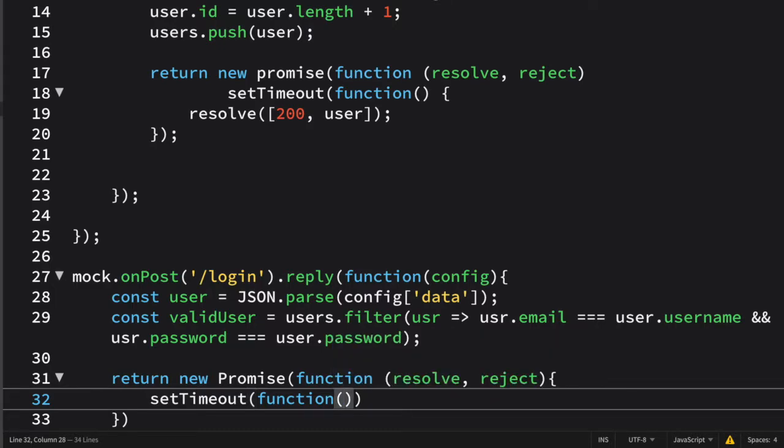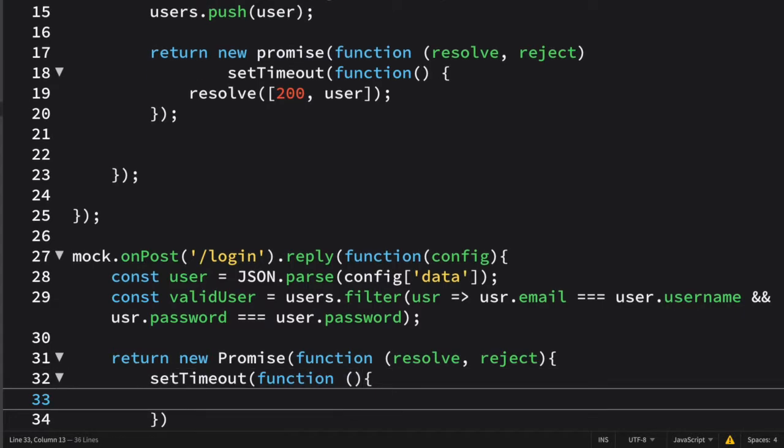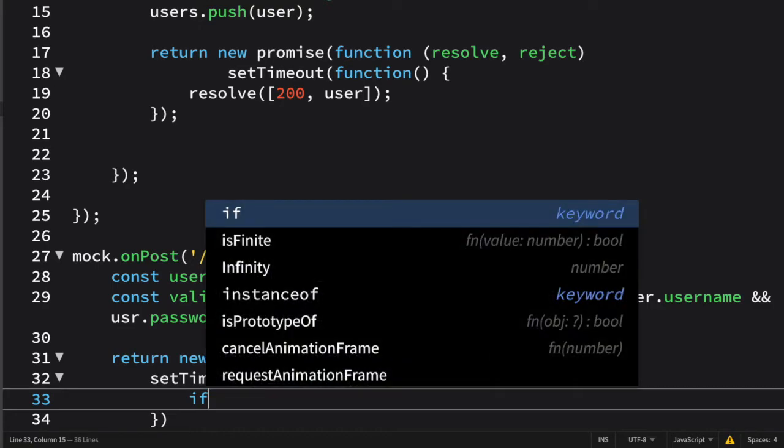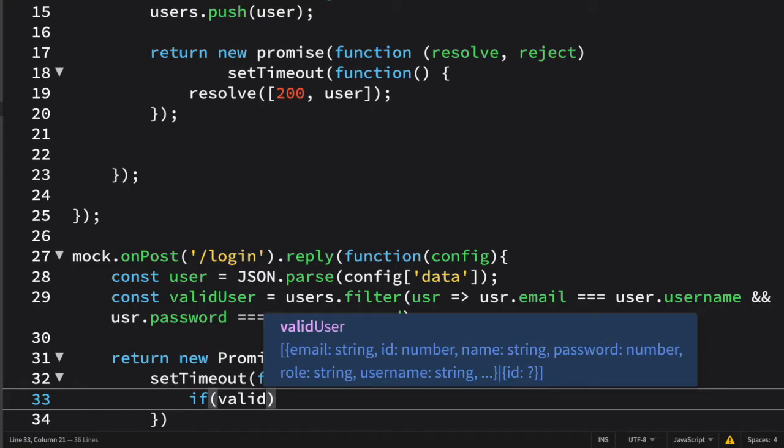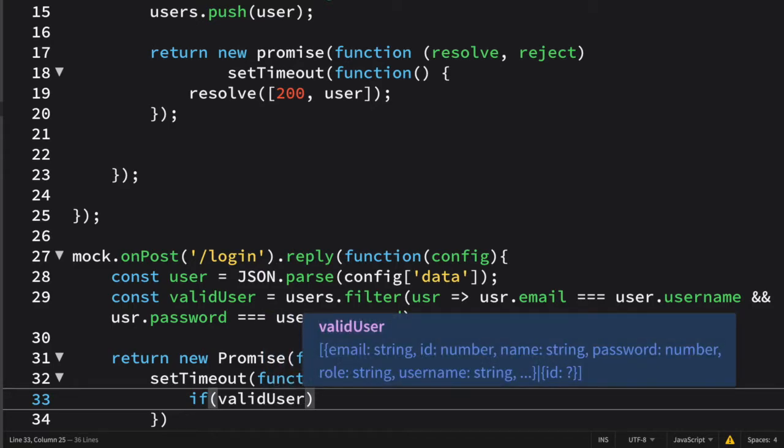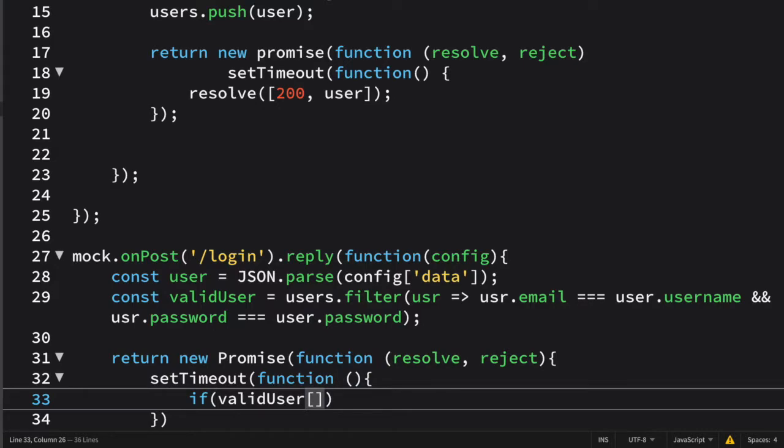So here I am writing a function, and I am writing here an if else statement. So here I am saying if validUser, and inside this I am passing a string, and that string will be length.